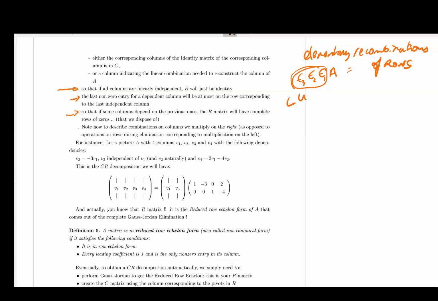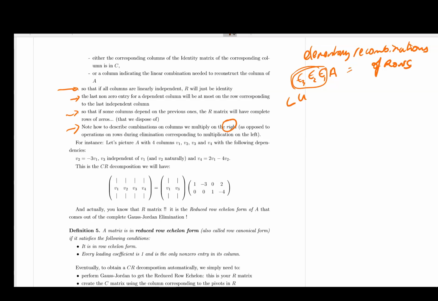Okay, performing the Gauss-Jordan algorithm, and in order to do that, we would multiply on the left by those elementary matrices. And now what we want to do is elementary operations on the columns. Actually, you can give that a try with some examples. If you want to combine columns, you will have to multiply on the right